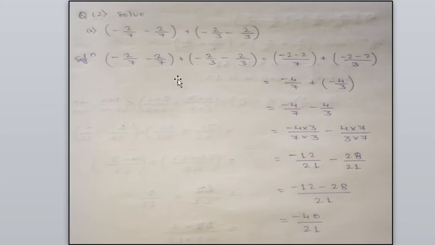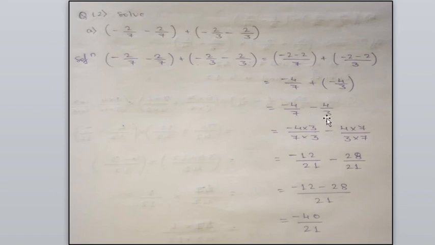As the denominators are the same, we write the denominator 7 and perform the subtraction between the numerators. So that is minus 2 divided by 7 plus minus 2 divided by 3. Then minus 2 minus 2 will be minus 4 divided by 7, plus minus 2 minus 2 will be minus 4 divided by 3. Now plus minus will be minus, as they are in the form of multiplication. So minus 4 by 7 minus 4 by 3. After doing the subtraction within each pair, we got two new rational numbers, minus 4 by 7 and minus 4 by 3.